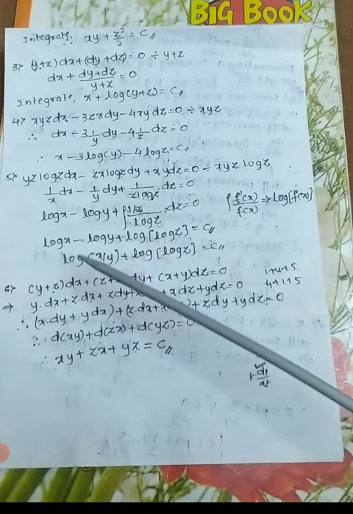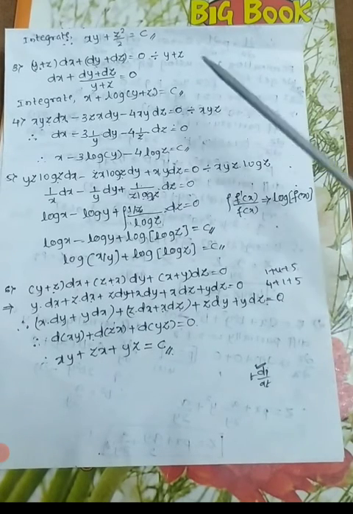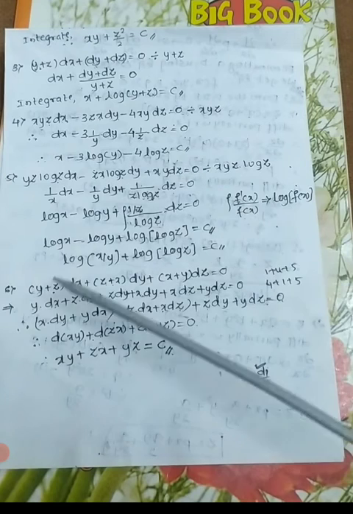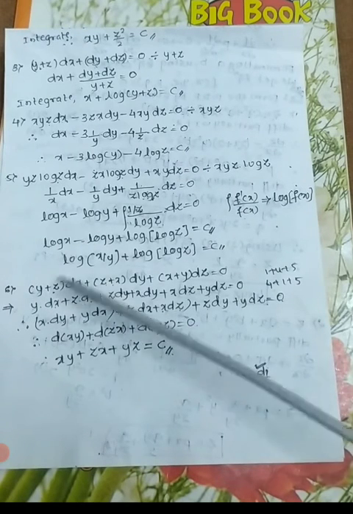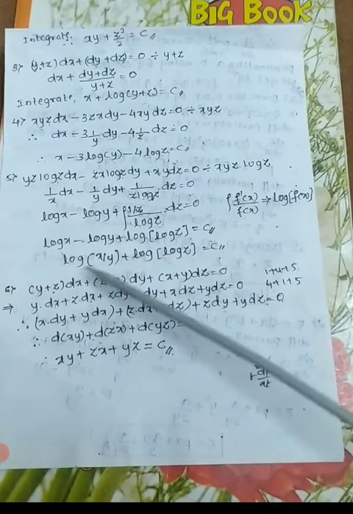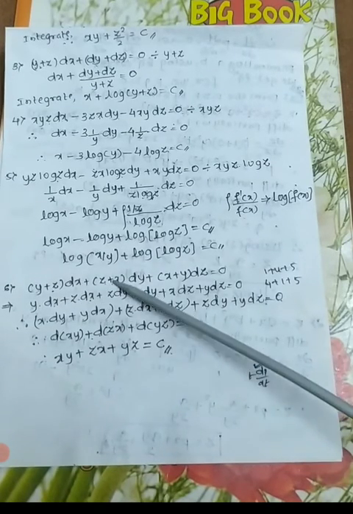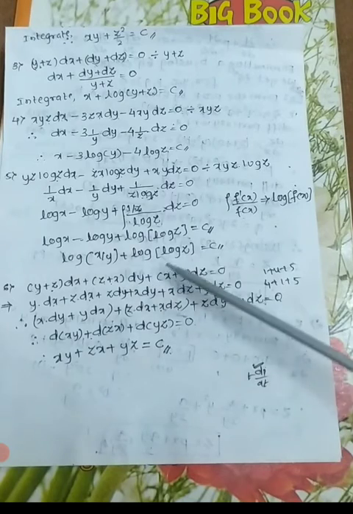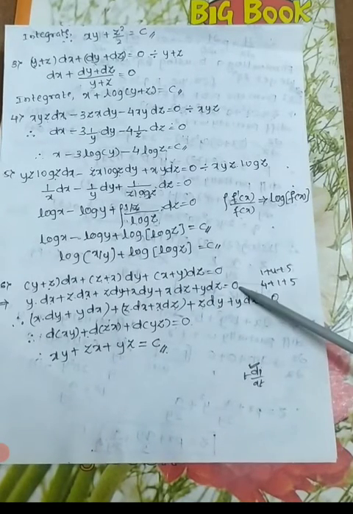Whether we divide depends on the example. In the previous one we had to divide, but it depends on the example. Here we do not divide the terms. That's why I'm taking each term and multiplying, solving these brackets. What do you get? y into dx, z into dx, z into dy, x into dy, x into dz, y into dz equal to 0. Okay.